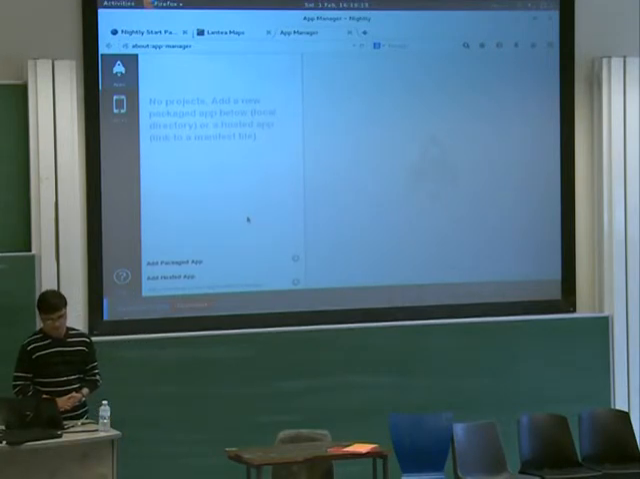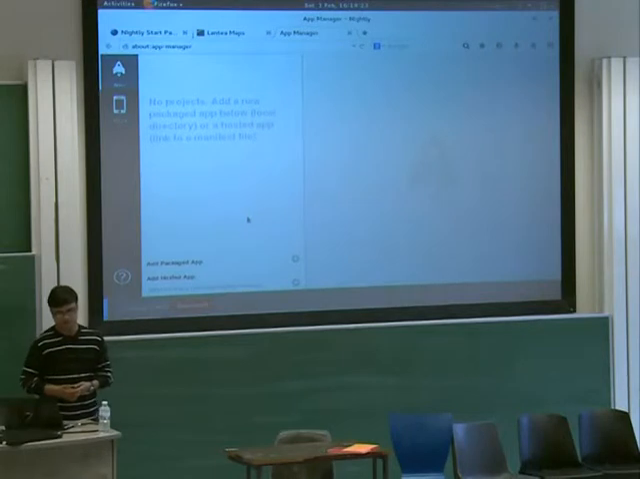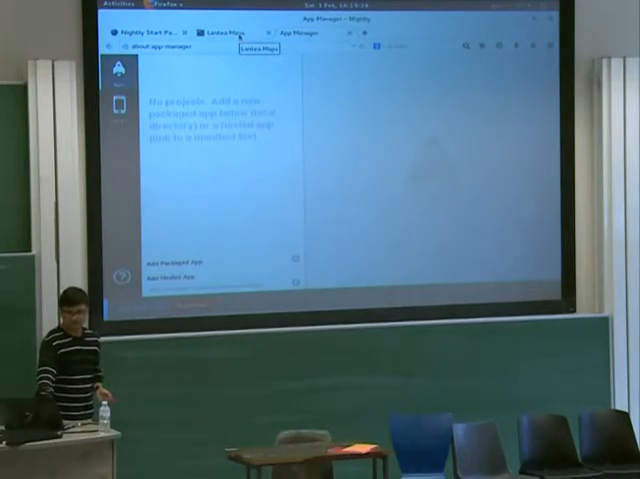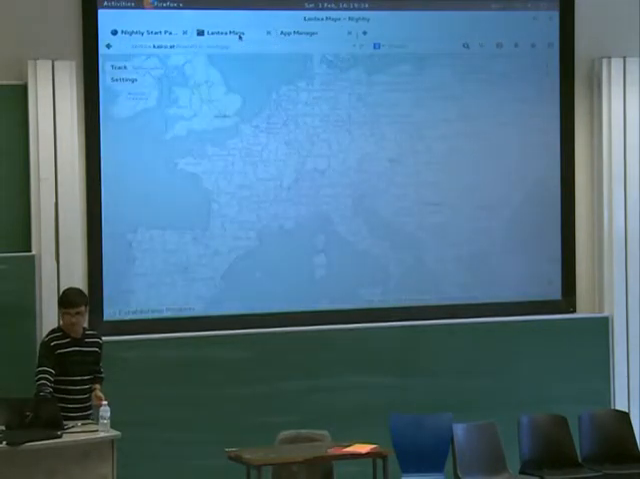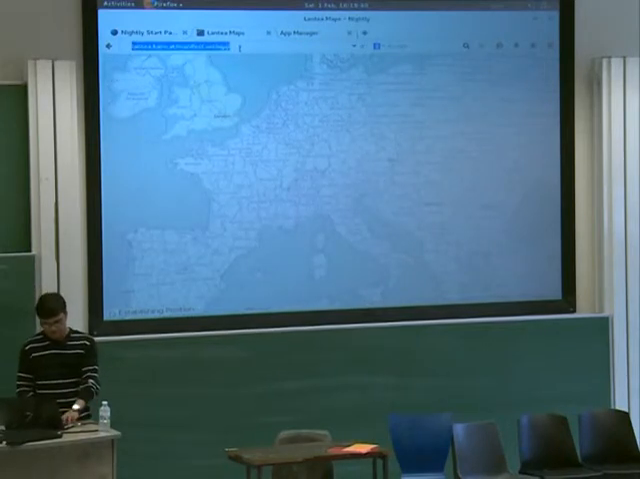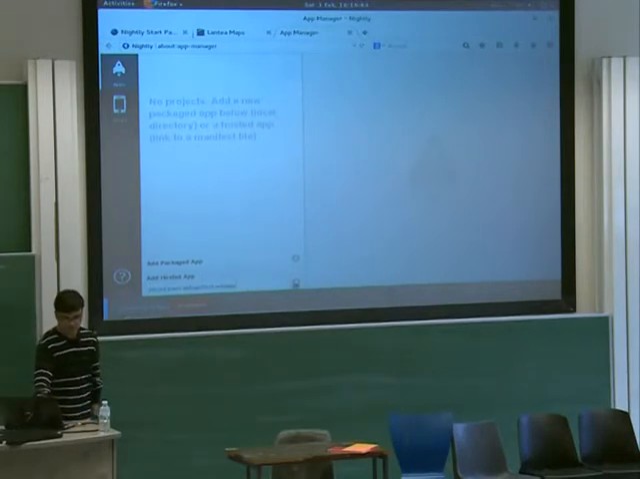As Robert just pointed out, we have two different types of apps. One is what we call hosted apps, and the other is something that we call packaged apps. So I'll start with an example of a hosted app. The example app manifest that Robert showed was that of his map application called Lantia. So I'll just add the remote path for his manifest, and I'll just click on the add button over here,